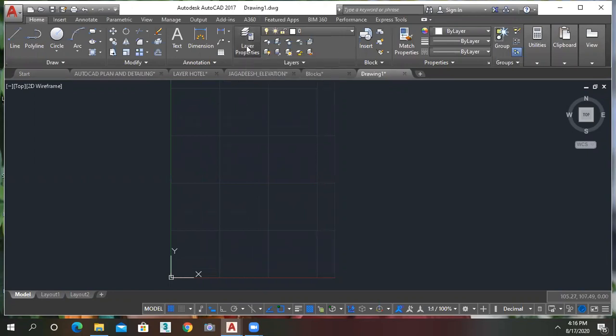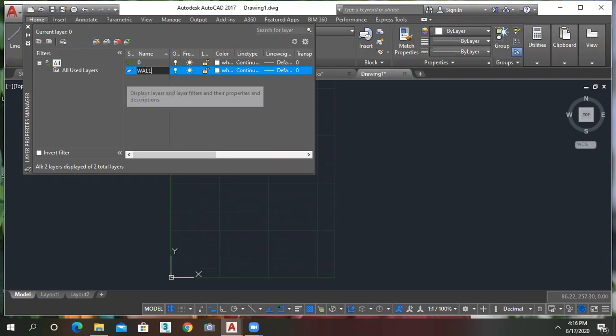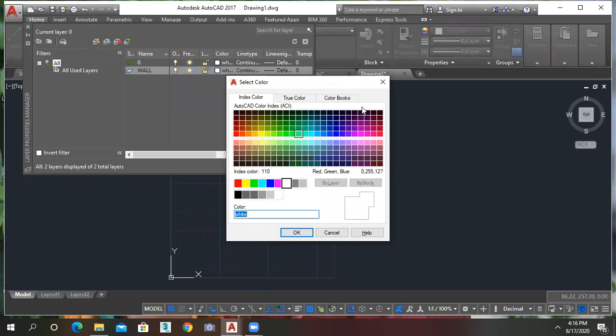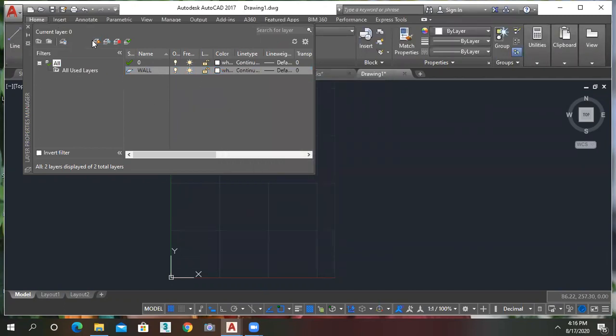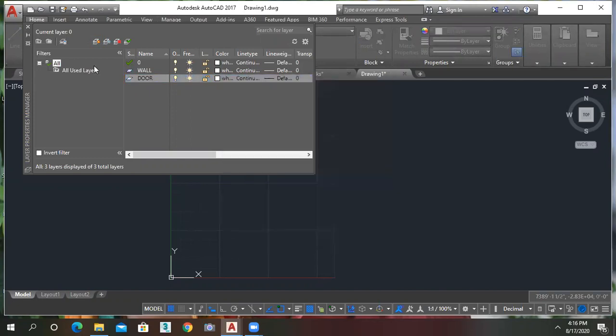Go to the properties. We can find the default layer here, that is 0. I want to create one more layer. I will rename it as wall and give whatever color you want; I want white.